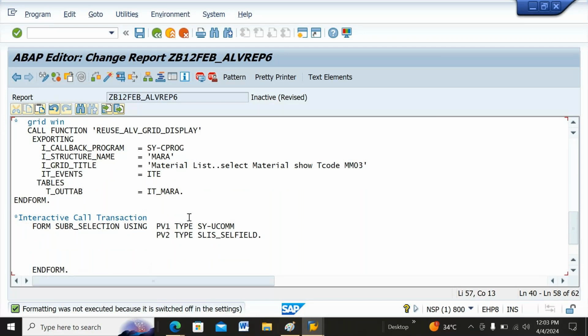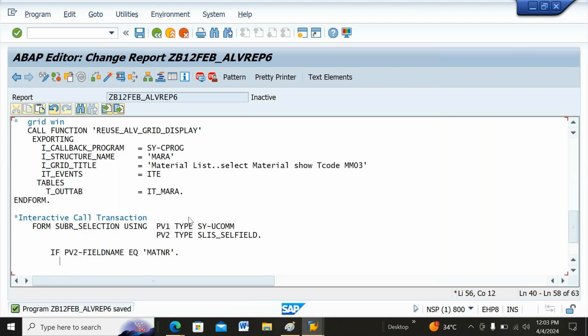So between FORM and ENDFORM we have to trap p_selfield-fieldname. So now I need to write IF p_selfield-fieldname is equal to, if we double click on material number,